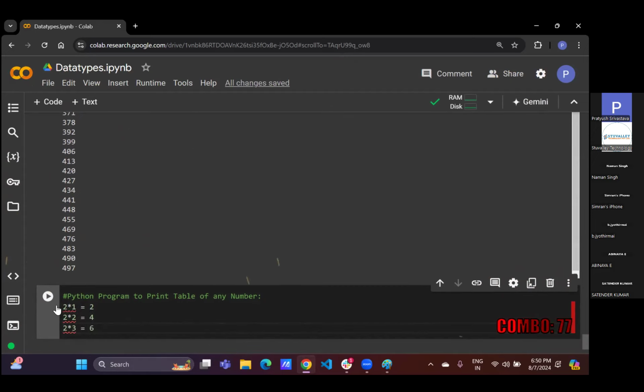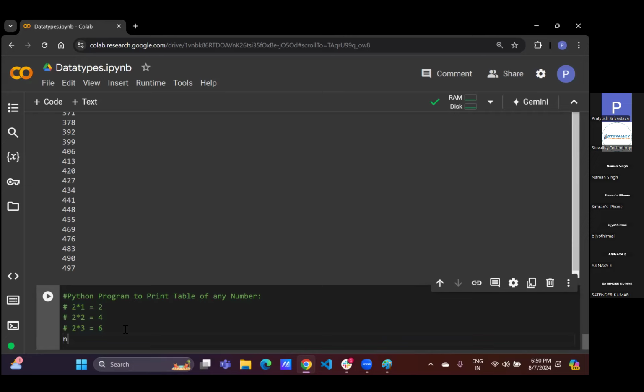ये वाला पहला वाला जो 2 है वो कांस्टेंट है, तो हम इसको सेम एज इट इज 2 ही ले लेंगे। अब ये जो 1 2 3 आ रहा है, ये 1 2 3 हम नंबर जनरेट कर सकते हैं, विद द हेल्प ऑफ नंबर जनरेशन। तो हम क्या करेंगे, समझना, एक नंबर मैं ले रहा हूं एज एन इनपुट, पहले तो num इज इक्वल टू इनपुट। फर्स्ट आई एम गोइंग टू टेक नंबर एज एन इनपुट, एंटर नंबर।